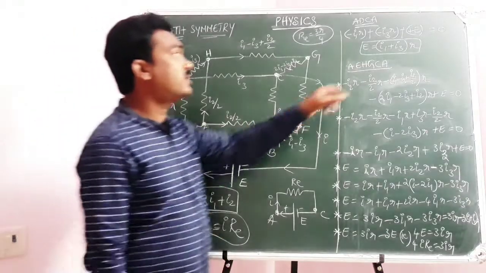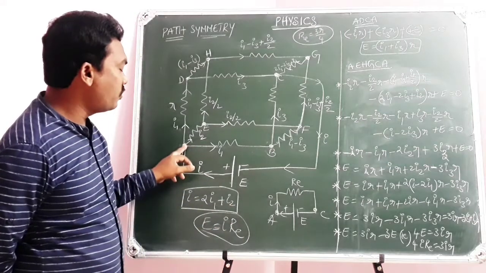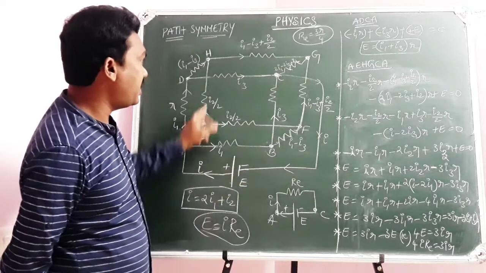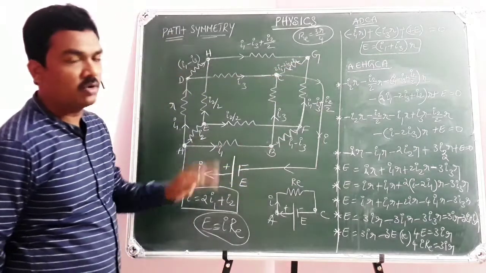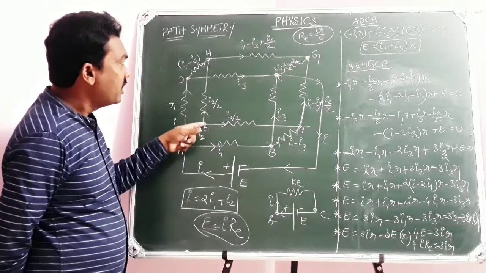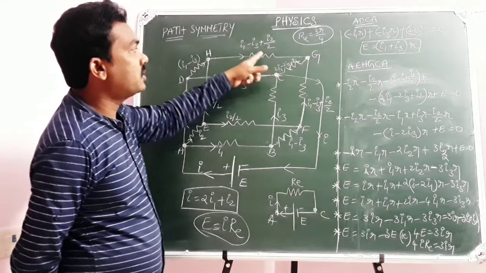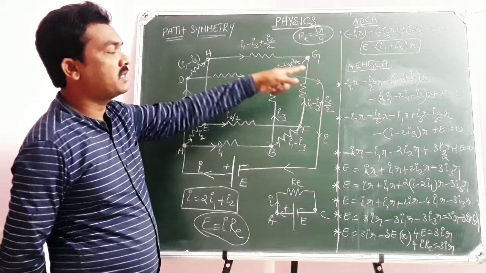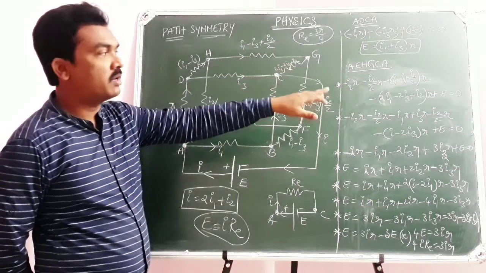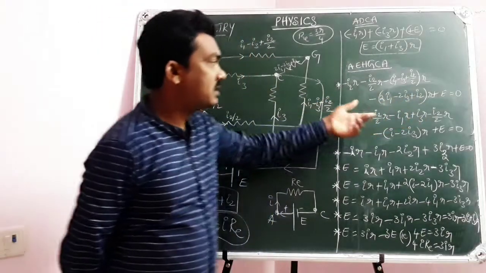So after deriving the equation E equal to I1 plus I3 into R, I am going to consider the closed loop A, E, H, G, C, A. I repeat, A, E, H, G, C, A. This is the closed loop I have taken. Then in that case, A to E potential drop, so minus I2 into R. E to H potential drop, so minus I2 by 2 into R. H to G again potential drop, so minus of I1 minus I3 plus I2 by 2 into R. G to C, 2I1 minus 2I3 plus I2 into R, but a potential drop, so minus. C to A, minus to plus E is equal to 0. So this is the key equation.